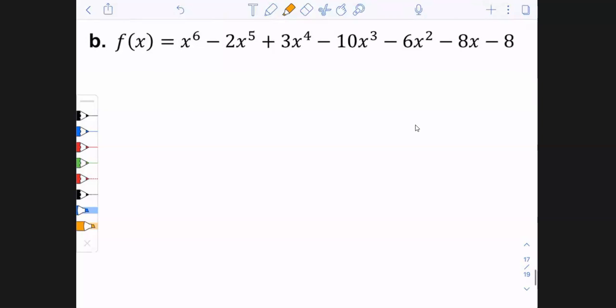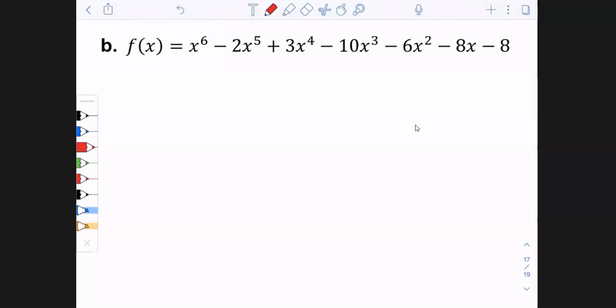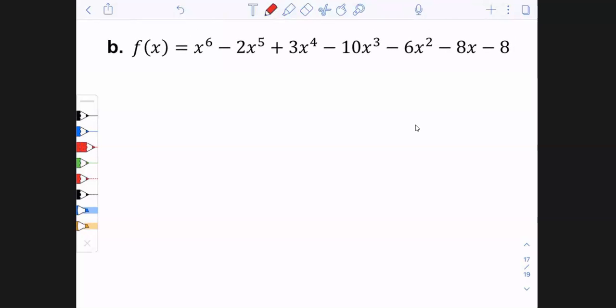Alright, so for example B, again, start with your possible positive roots where you don't have to change anything. You just look at each part. So x to the 6th is positive, negative 2x to the 5th is negative, 3x to the 4th is positive, negative 10x to the 3rd is negative, negative 6x squared is negative, negative 8x is negative, and negative 8 is negative. So our total number of sign changes, we have 1 change here, 2 change, 3 change, and then nothing else changes, right? So we have total 3 sign changes,